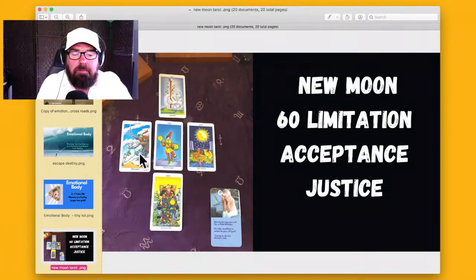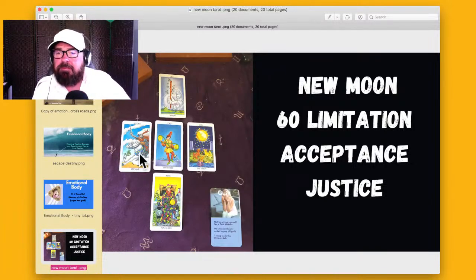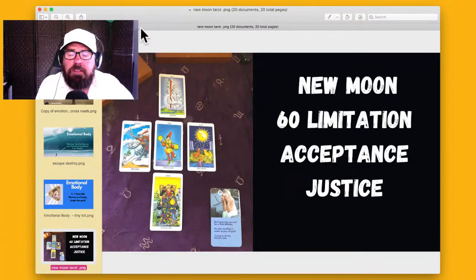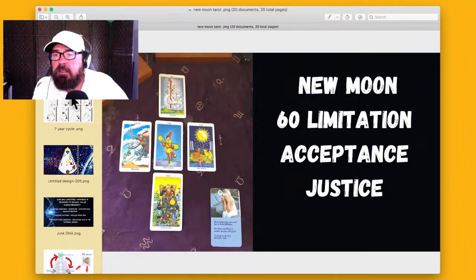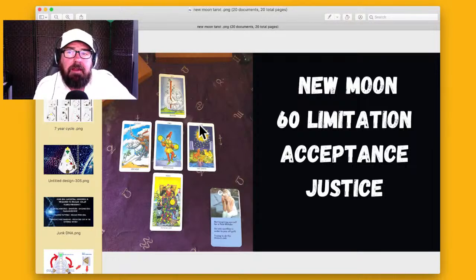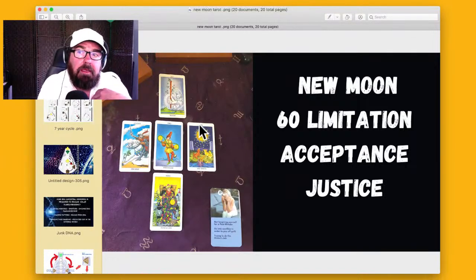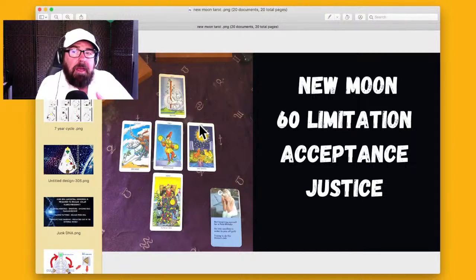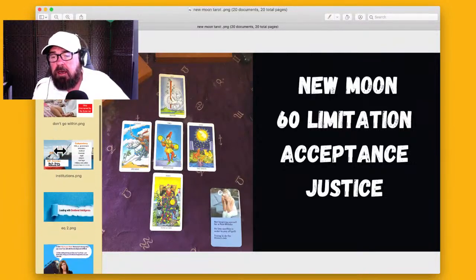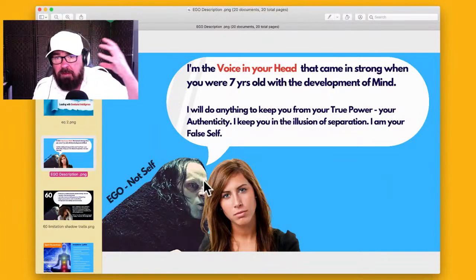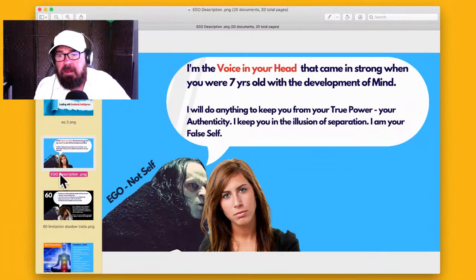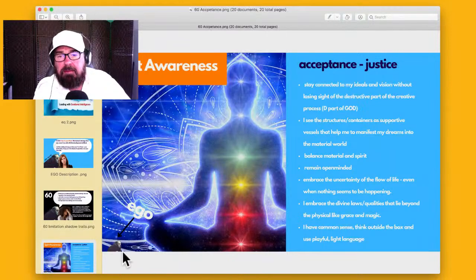And staying on the surface of life instead of going deeper within. Like, what is my soul saying right now? What's my intuition saying right now? Because the mind is right there. If you're identified with your ego and your mind, it's right there in your ear. This is the surface. You want to be transcending.